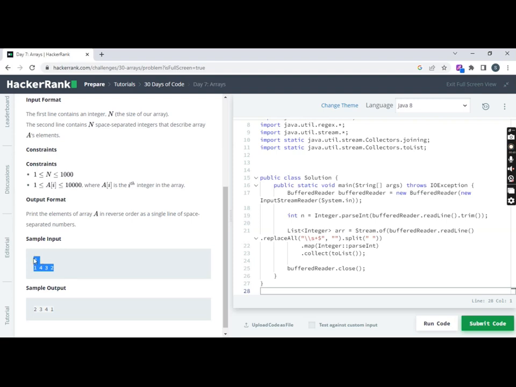And this is our test case. Okay, so here we can see that the number of elements is already taken over here, and the array is taken in list form. Okay,